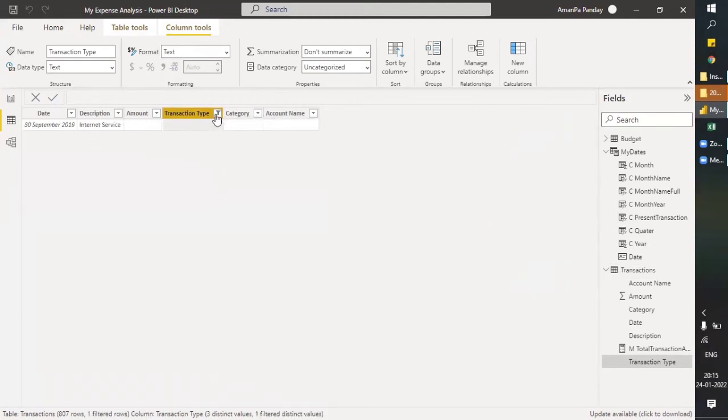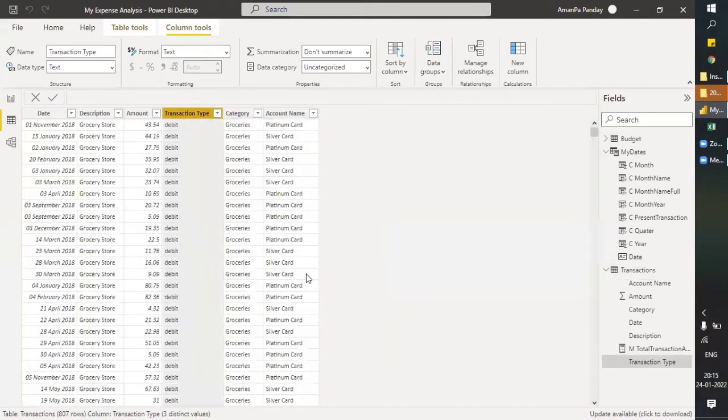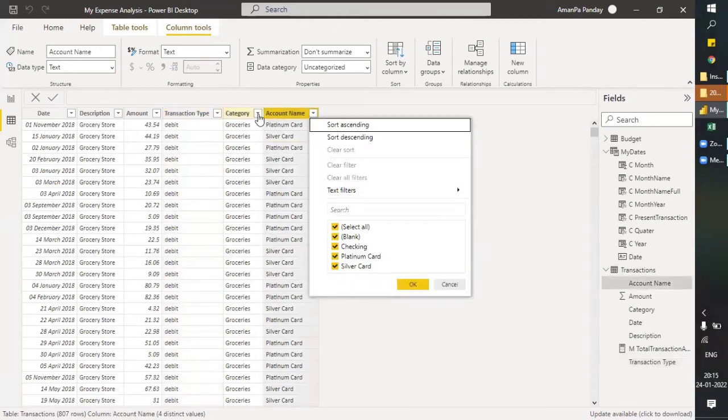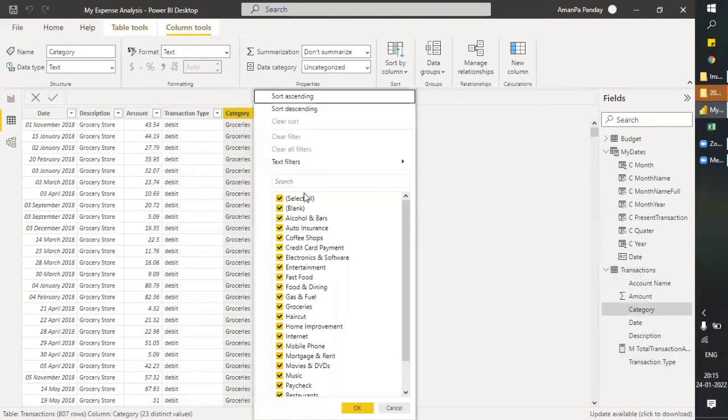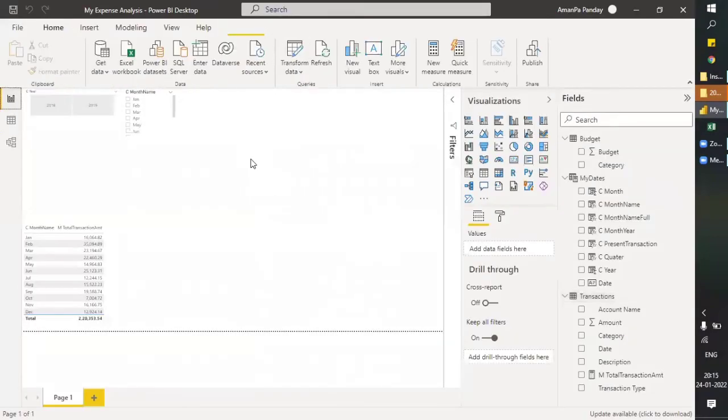There's nothing, so we can ignore this. So credit and debit are there. We only need debits, because that is our expenses. Anything that is equal to debit should be counted in our expenses.